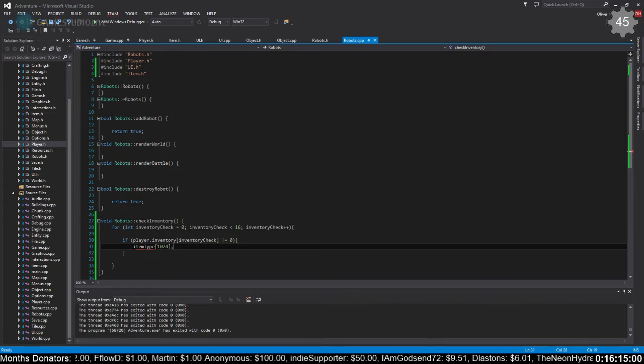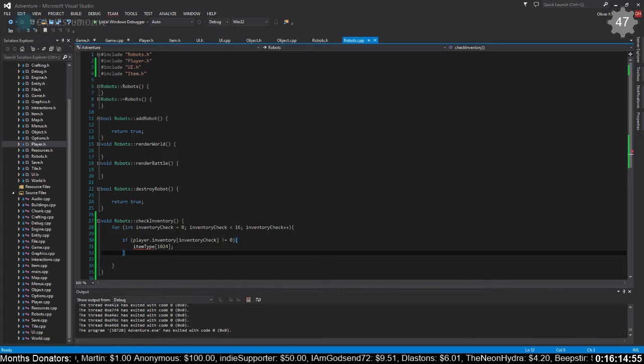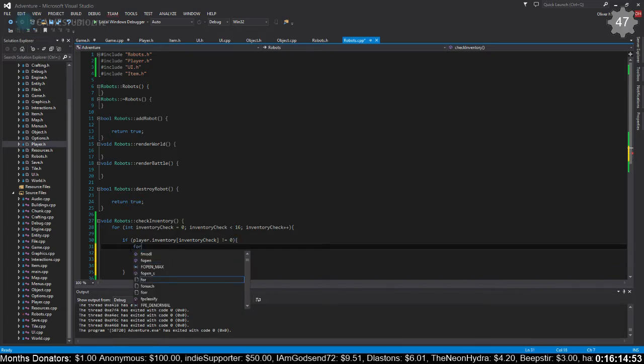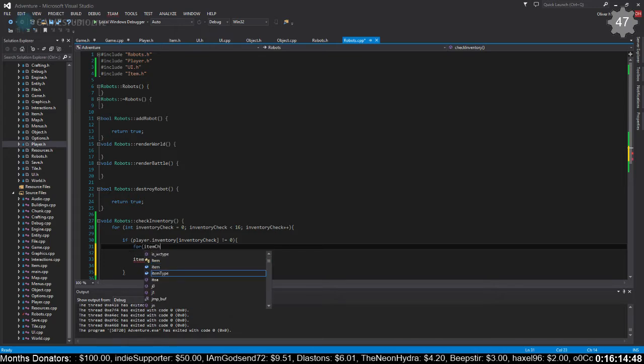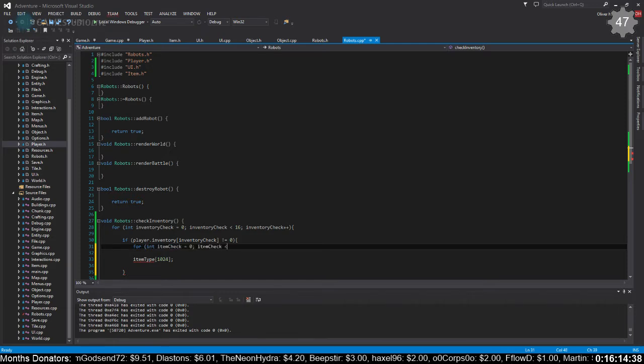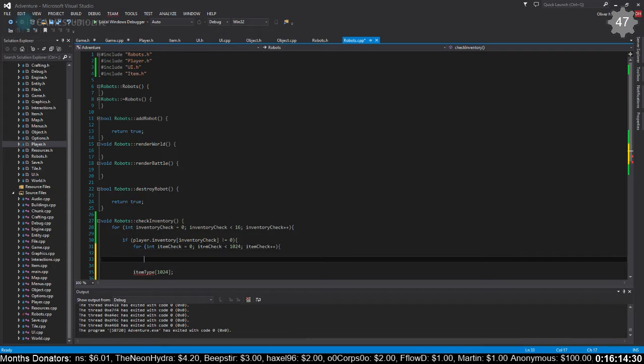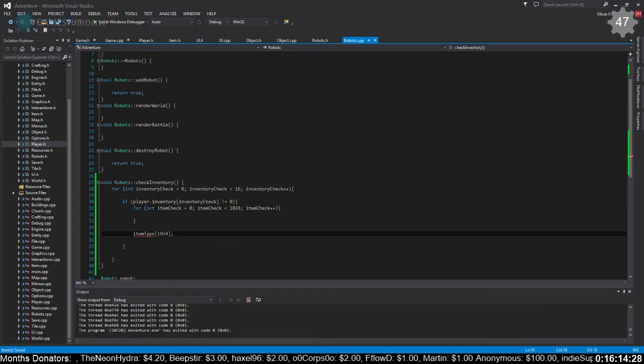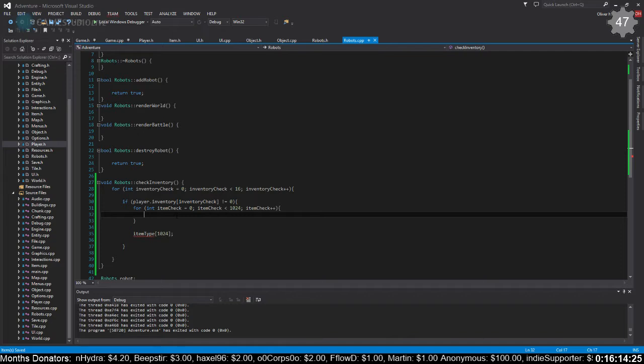Right, so pretty much do another for loop here. And we'll just name this item check, whatever. Again, forgot to do that, but whatever. Like that. Perfect. Okay, so we need to go through it and go,